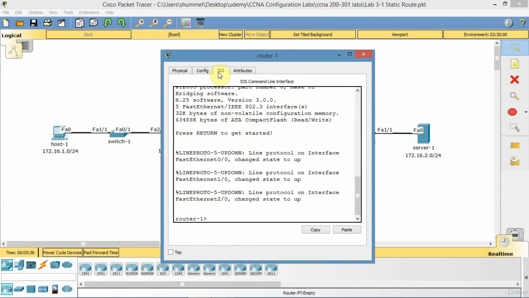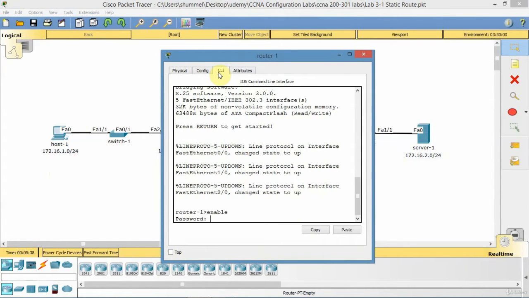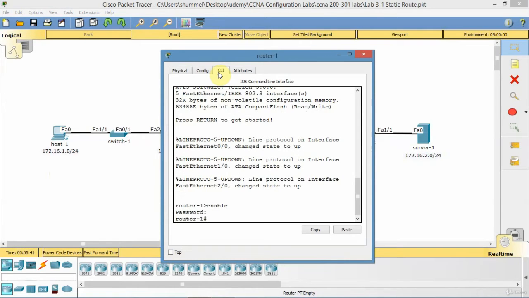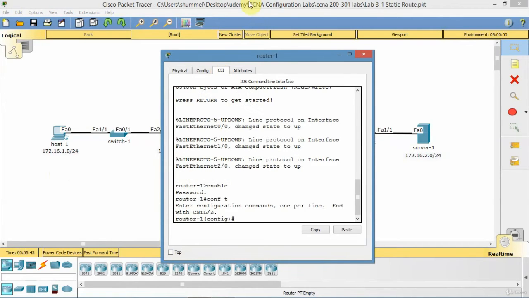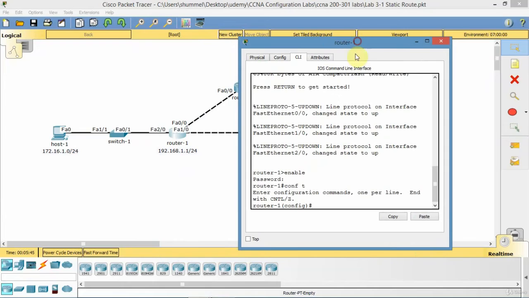So I'm going to start with router 1. I'm going to sign on here, and go to configure terminal. The first thing I'm going to do is configure a static route, and it is a global command. It's not on an interface. It's global, and it'll go into the routing table. So I'm going to type ip route